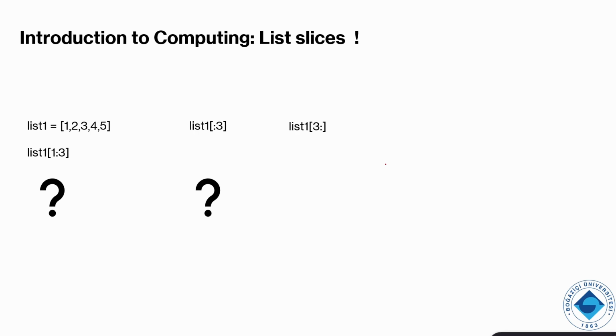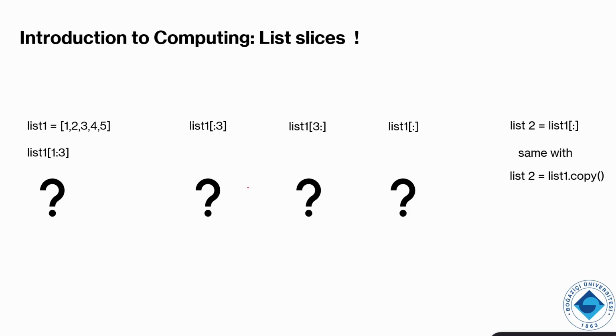Okay, for list slices, we are using these operands. For example, we have list 1 here, 1, 2, 3, 4, 5. And if we want to print from the first element to the third one, we can use that one. I'm writing the index numbers 0, 1, 2, 3, and 4. The element with index number 1 is 2 here, as you can see, so it will take 2. And the element with index number 3 is 4 here, so it will go till 4. It means it will print 2 and 3,